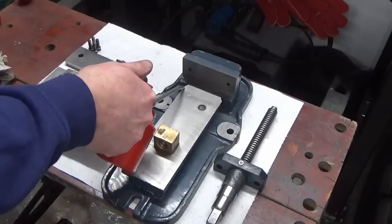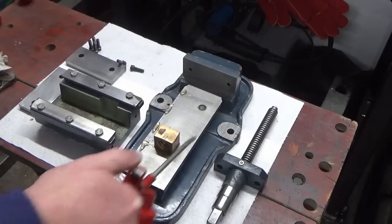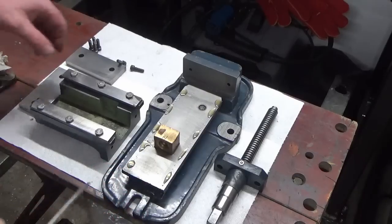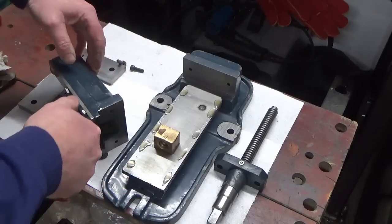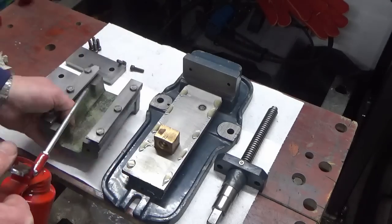Okay, so the next job is refitting the moving jaw. So we're going to stick plenty of jollop on here,